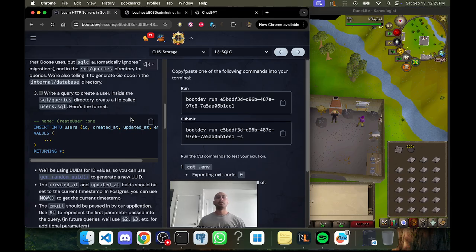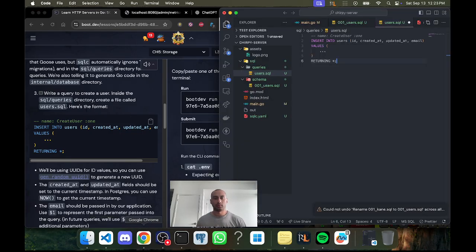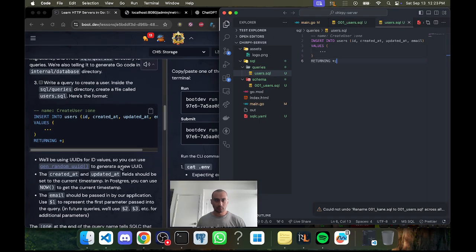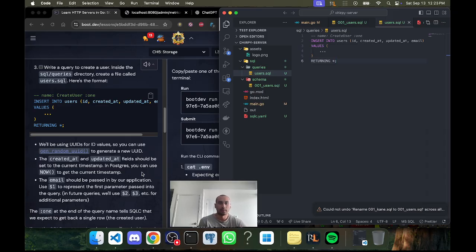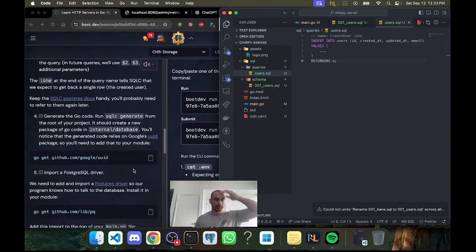Create a file called users.sql. Email, use $1 to represent the first parameter passed into the query. I don't completely get this, but is there some sort of